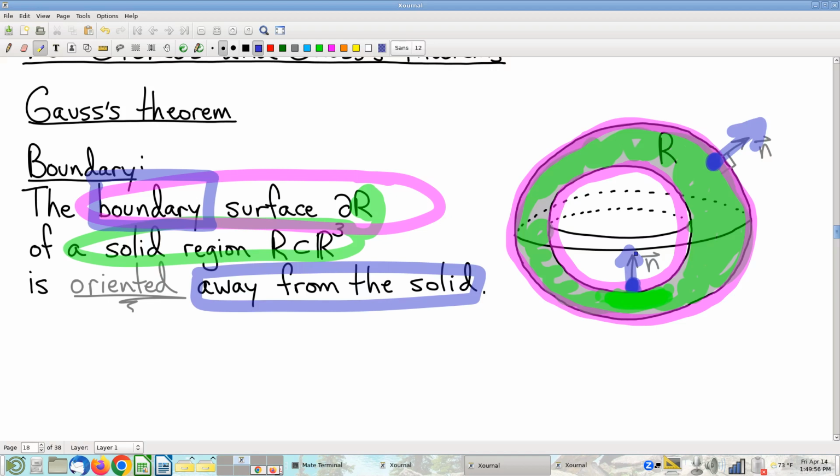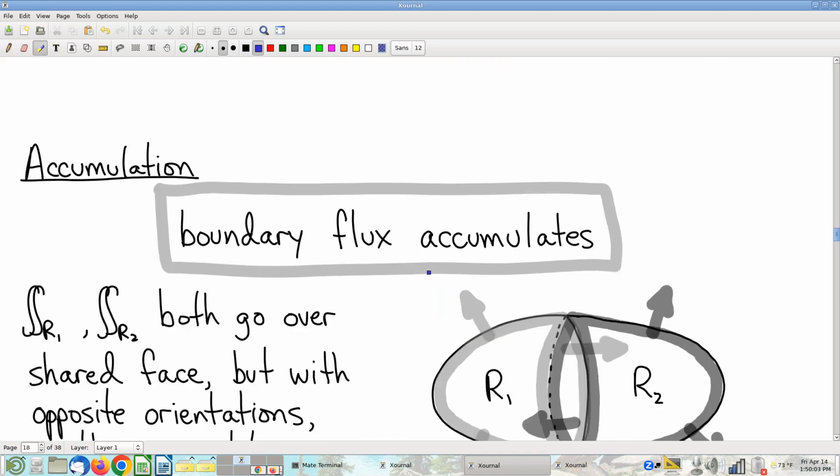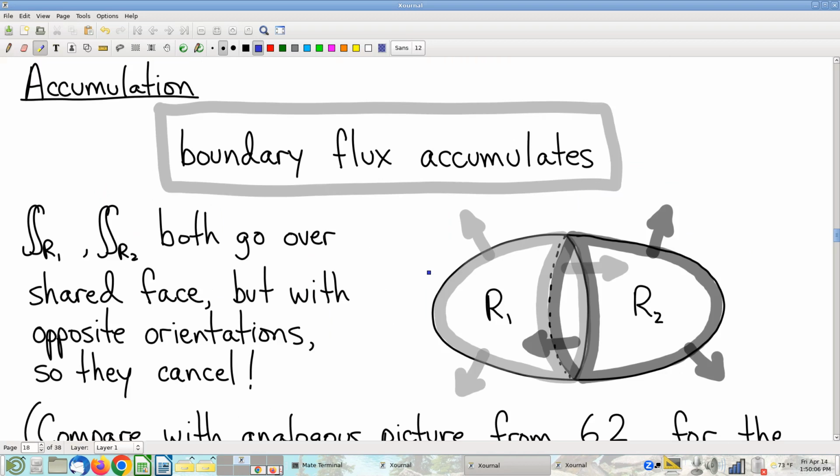All right. Okay, the next thing we talked about when we were doing Green's theorem, we talked about accumulation. So we're going to do the same thing here again. Structurally, this is really, really analogous argument. So we're going to go through all the ideas in the same order. Now, a different object in play, different quantity in play. We're not talking about circulation here. Gauss's theorem is about a different quantity, which, as it turns out, also accumulates. So the quantity that we're going to be talking about,